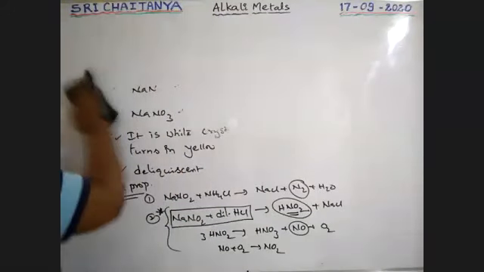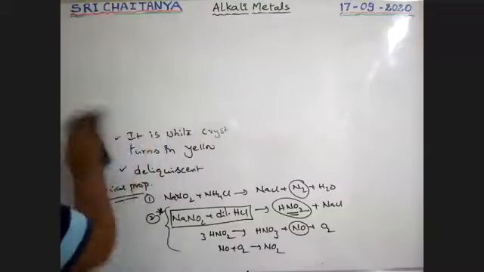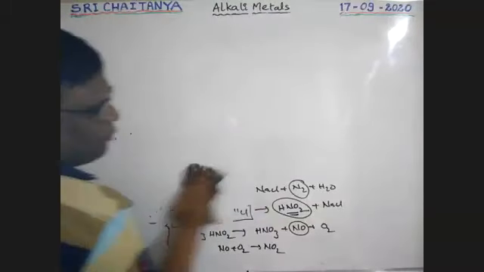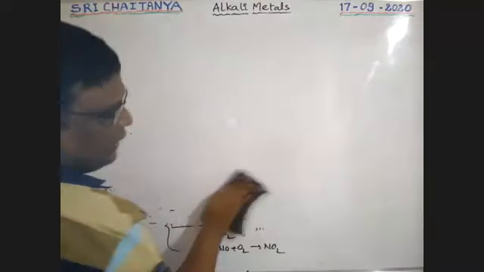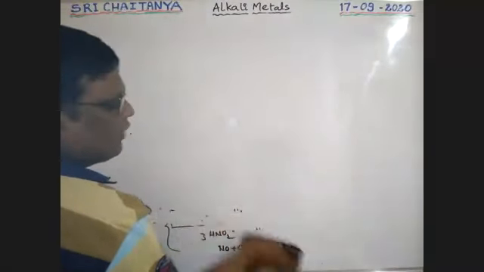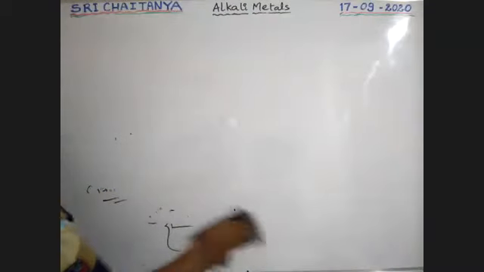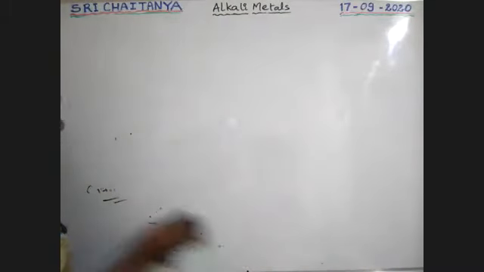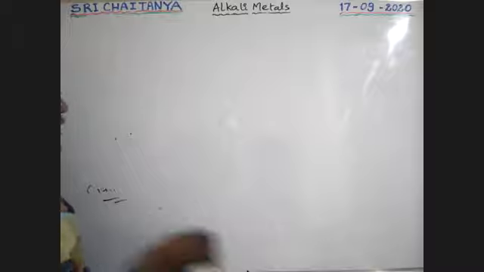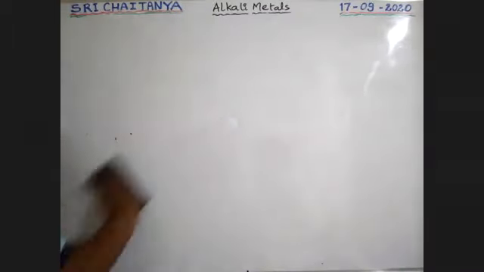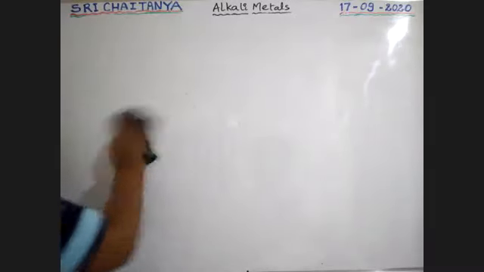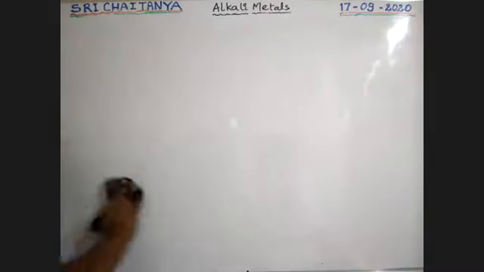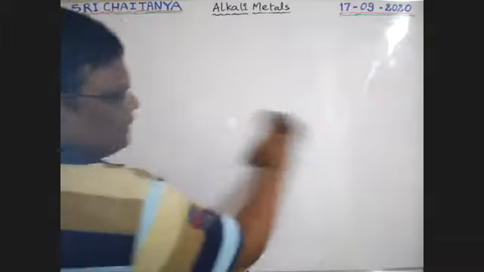Before going to the reactions, a little concept. When a compound acts as an oxidizing agent, when it acts as a reducing agent, and when it acts as both, how can I identify which it is? Let us observe the concepts. Most students know this well, but I am recalling it.